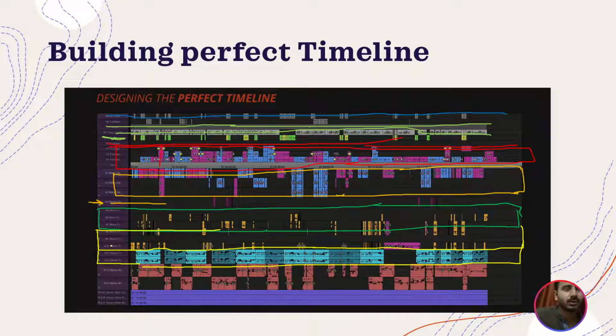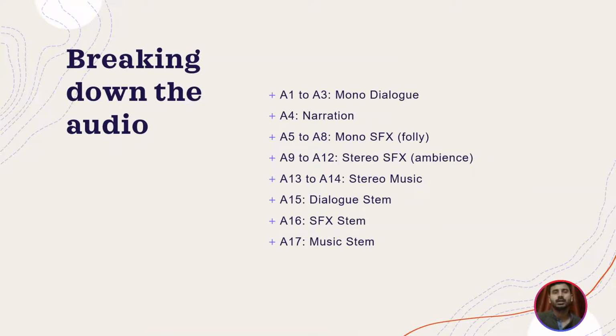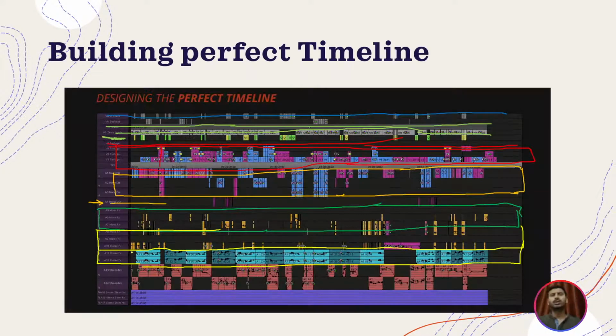Yeah, stereo effects. 13, 14 is your stereo music. Okay, music as in normal BGM music, and you know music is stereo, so it comes here. In these last few tracks, you get what is called stem, and stem is something that you send to your audio engineer, audio mixer, mastering studio, whatever.